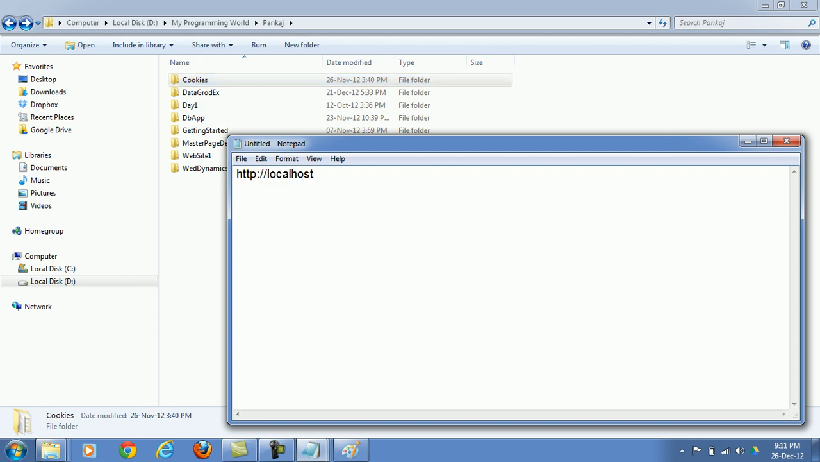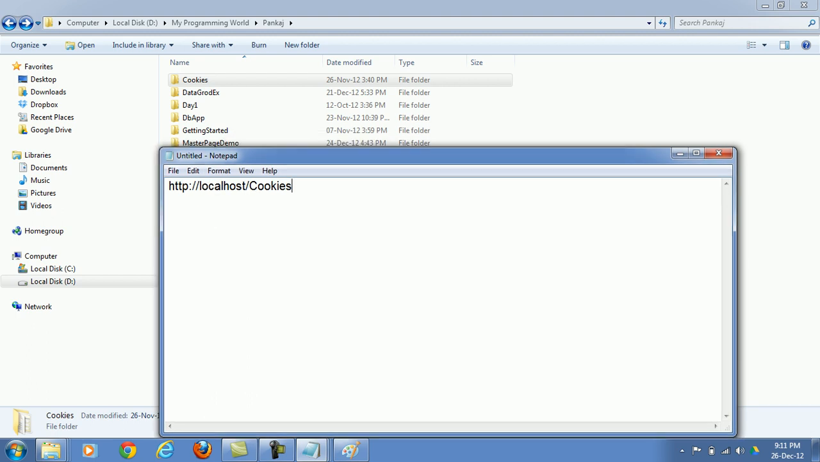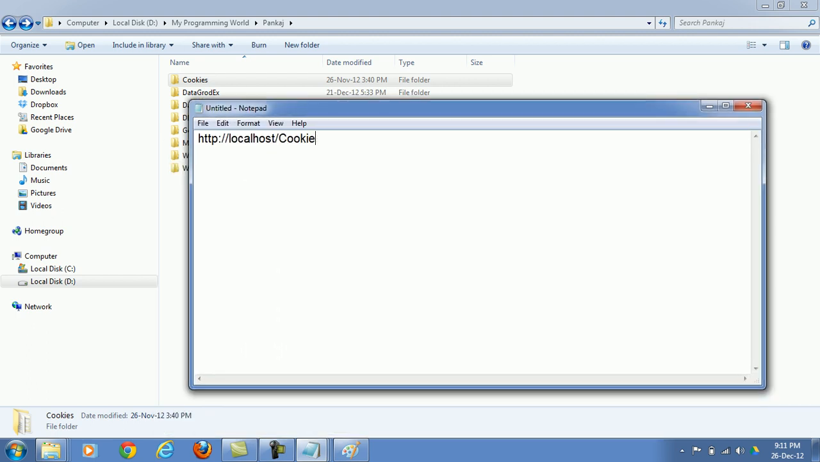Right. So there are two ways of doing this. First, by using a virtual directory. For that, we don't have to change the port number. Rather, we'll just type in cookies, and it will ultimately be mapped to this particular directory. So it's a kind of creation of a virtual directory. Right now, I'm omitting that information. But what I want is